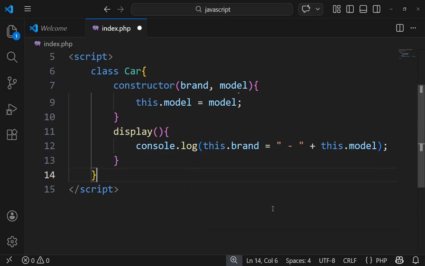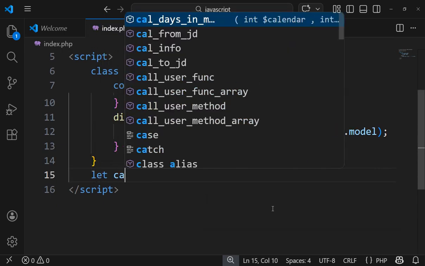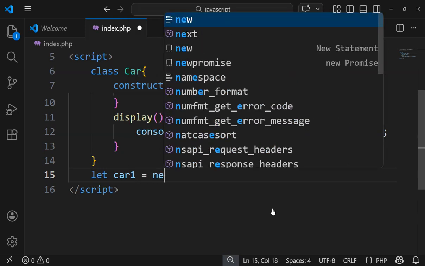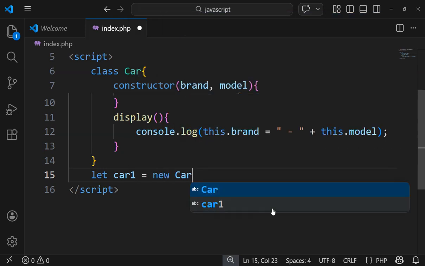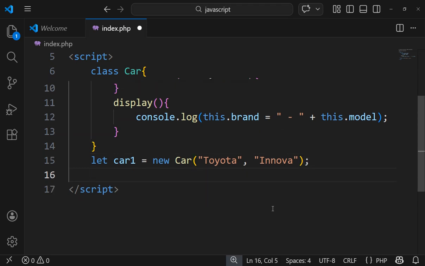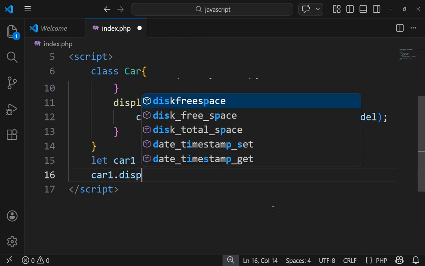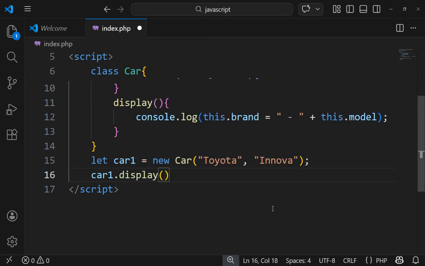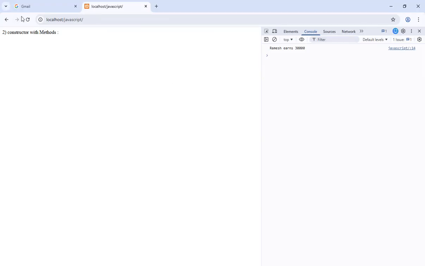Now to create the object, let car1 is equal to new keyword Car, Toyota, next Innova. Okay, now car1.display to call the function. Now we'll check, same refresh, yes, Innova. Okay,